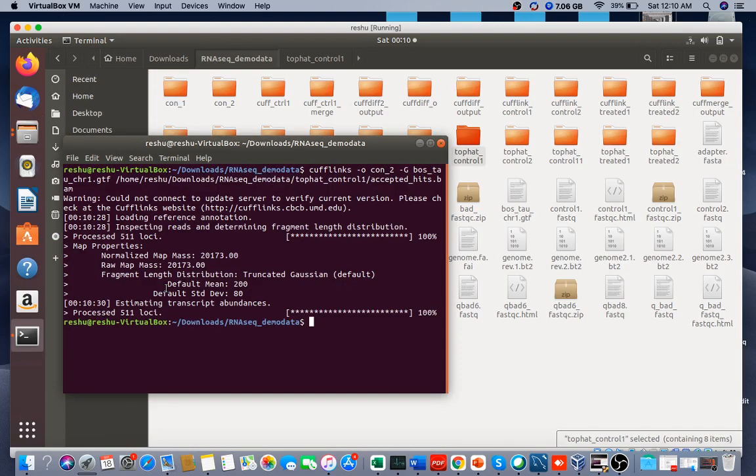Now I'm not running for all the samples, but depending on how many samples you have, you have to run this command for all the samples. Now we will use the cuffmerge command,